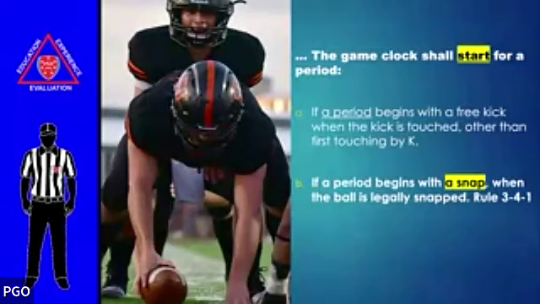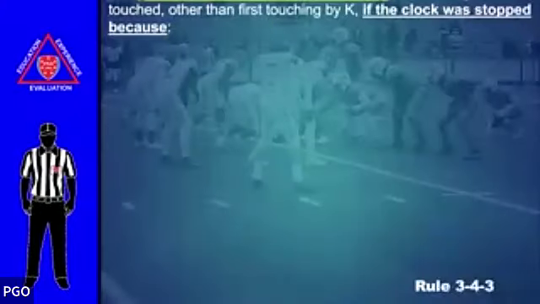Again, if they're on the 20, kicking to the 30, once it goes past the 30, if K touches the ball, we wind the clock. If they possess it, we kill the clock. Okay. But let's talk about a snap. We're going to be in between periods or after the change of possession, whatever. When the clock starts,